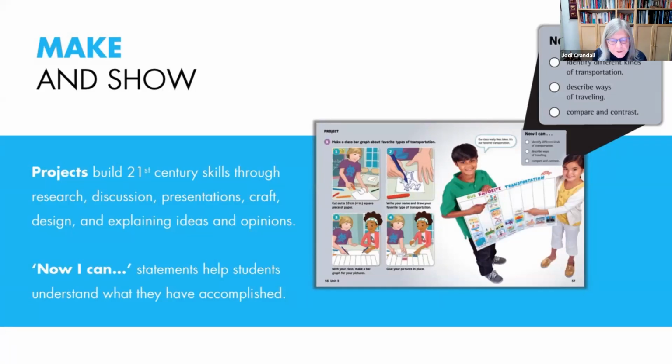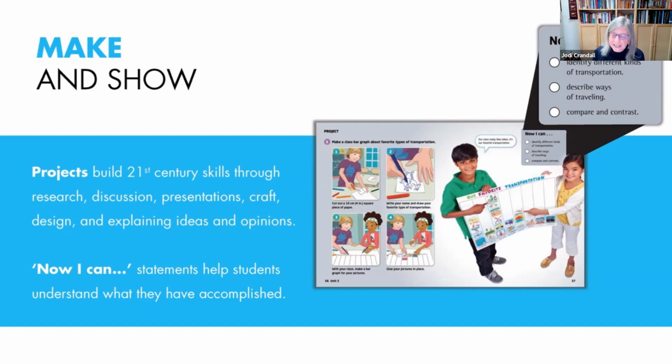But here's a really interesting one, which was a unit on transportation. This is a fairly early level in which students are asked what's their favorite transportation and how they get to school. And they have a chance then to draw that favorite transportation. And then as a class, they create a bar graph, which is something wonderful for their beginning understanding of the mathematics of it.